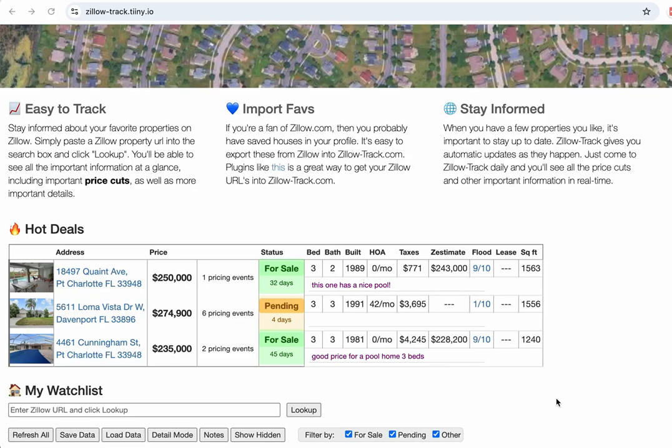working on this website. I just wanted to make a quick video about it in case you wanted to check it out. It's called ZillowTrack.tiny.io. It's hosted by TinyHost, which is a great service to use, by the way. But ZillowTrack. So what this is, a way to easily keep track of real estate properties that you might find